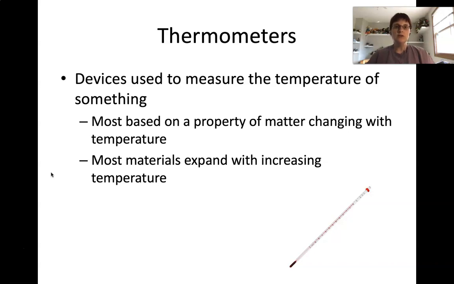The original thermometers were actually made with mercury, because mercury was really accurate at expanding as the temperature increased to the markings on our thermometers. Not to say that our current thermometers aren't accurate, but they were really, really good thermometers. However, mercury is a neurotoxin, which means that it affects the brain if it's consumed. And so we needed to stop using those because when you break a thermometer, you end up accidentally inhaling some